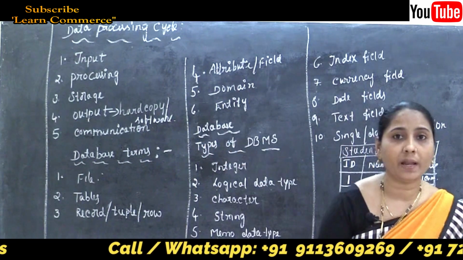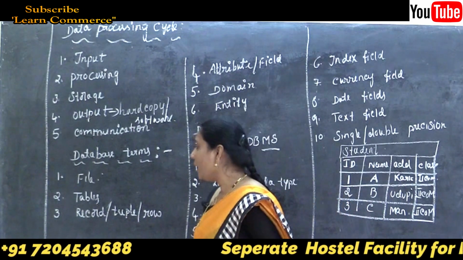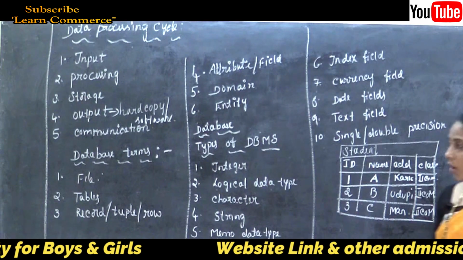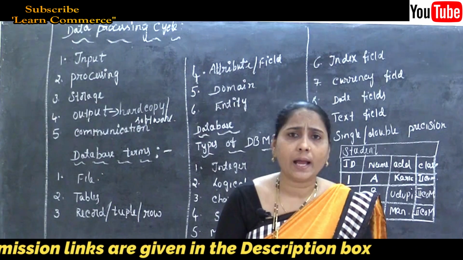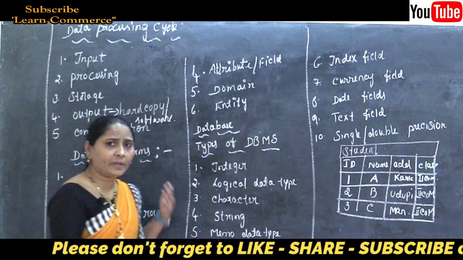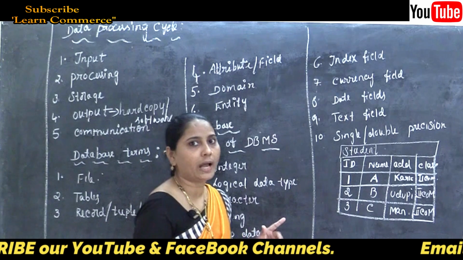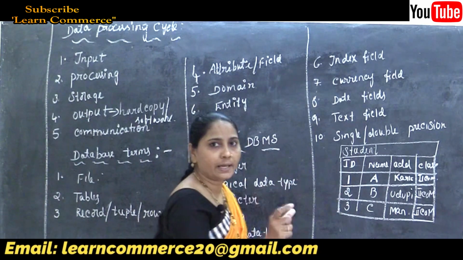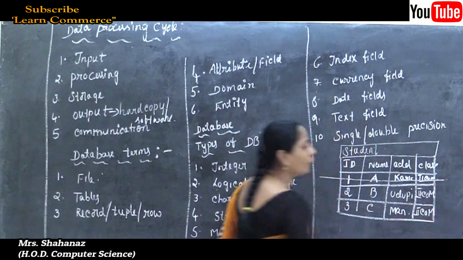And after knowing the meaning of the tables, now let's go to the next concept, that is called the record, tuple, or row. Clear? Now we know the meaning of the record, because I already said. A single entry in a table is called a record. Clear this point? So in this example, this single entry means just only I am going to select this row of information.